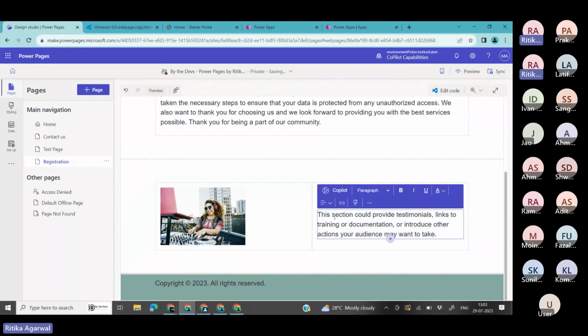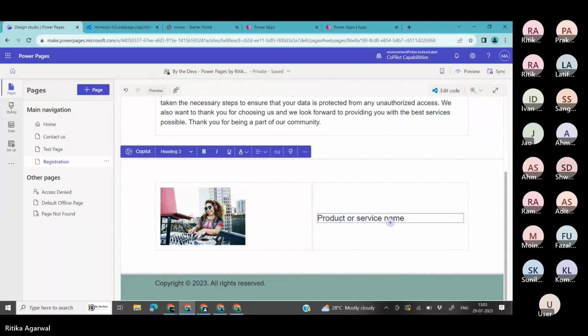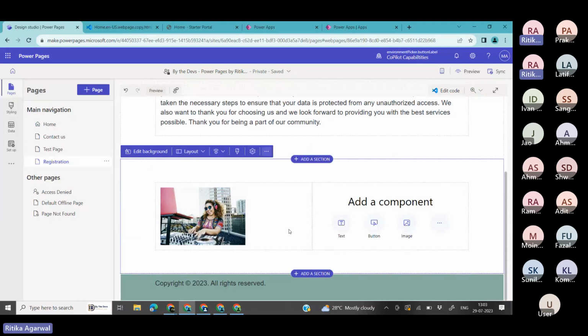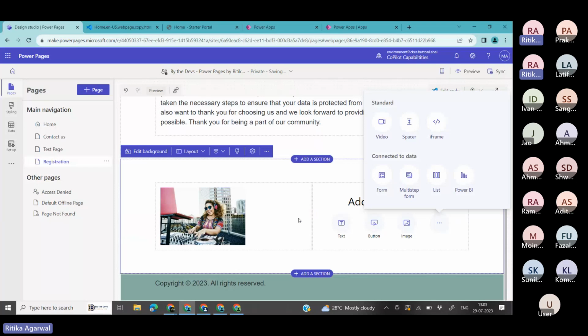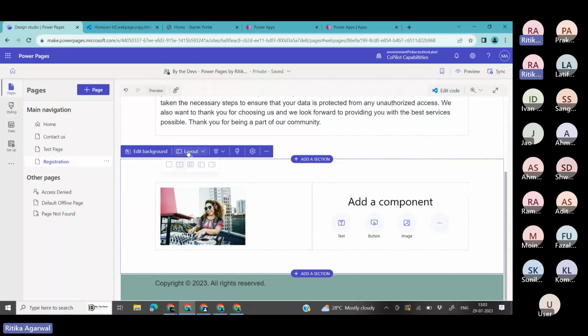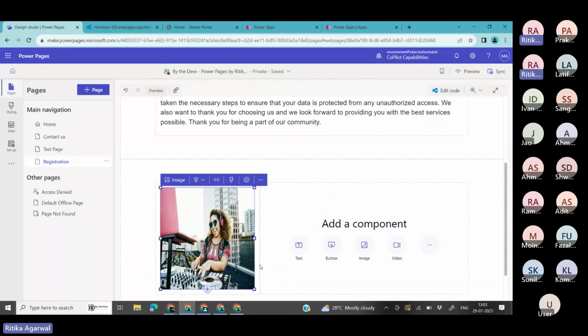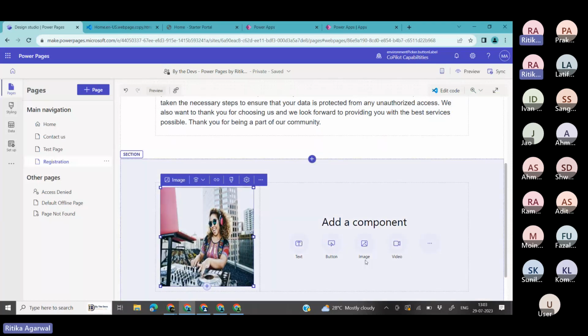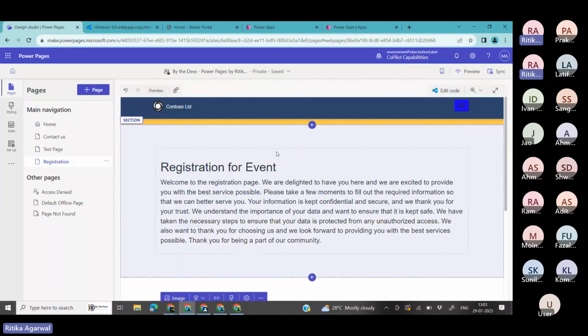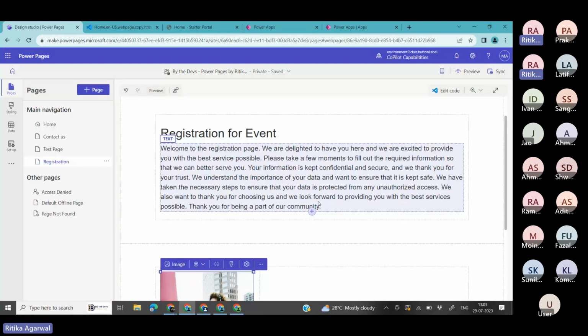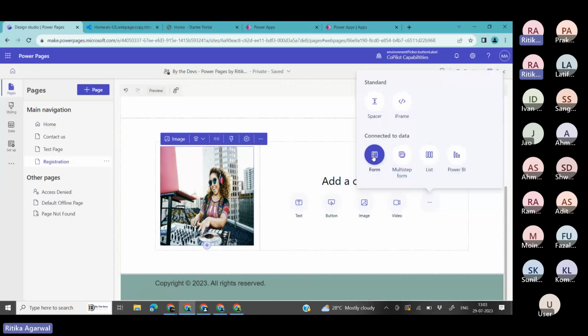So let's remove this part here. I don't want this. So delete. And let's do something else. What we will try to do is, okay, let's try to make this layout. Yeah, I don't want it to be half and half. Instead, I want the left one to be a smaller one. And let's make it bigger. So it captures the screen. And then most part of my screen is for my actual form. So see, I have a page for registration with some message, then an image,